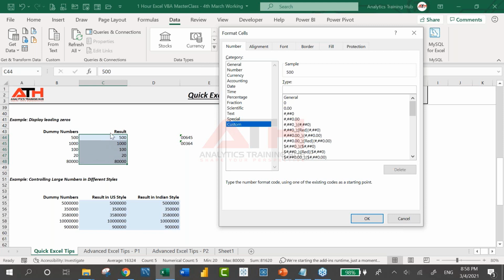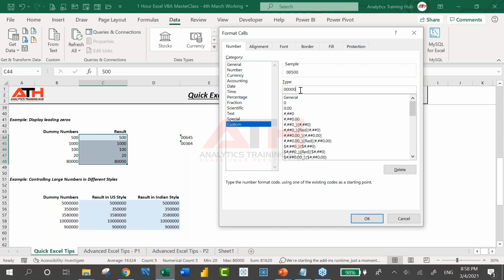Now what I want here is for all these numbers to appear in 5 digits, a minimum of 5 digits. It's usually required for presentation purposes when you want your data to look in a standard form. Then you would require this feature. Since my requirement is to see all these numbers in 5-digit format, I'm going to simply type zeros 5 times here. Each zero plays the role of a digit placeholder. It is going to represent an individual digit.